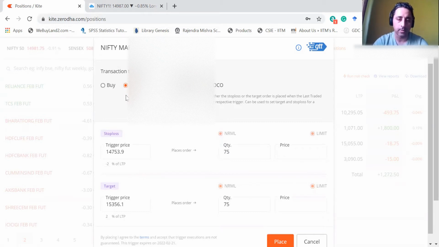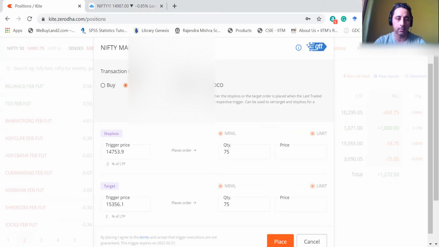because this is a stop loss order. So let's say I have taken a long position. I expect prices to go up, the Nifty to go up. But if it goes up and then comes down, then the level I set right now will be hit, and this will be sold. So that's why it's a sell order. That's how it should be. If I had taken a Nifty short, then this would be a buy type transaction.